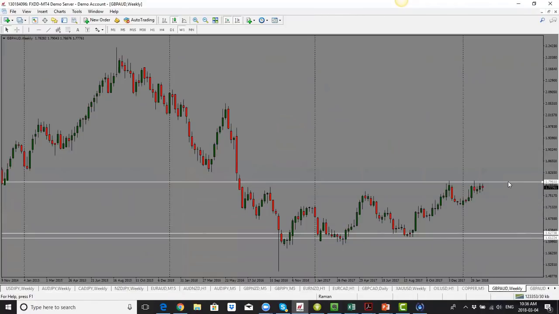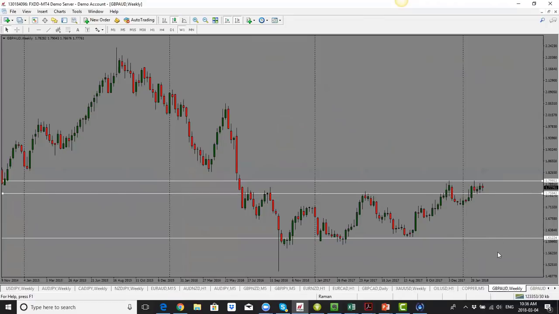Pound Aussie is holding in the middle. It is range bound at the moment. Hasn't really done much. We went into a double top here. It's just going sideways. At this point, it is range bound and it's smack in the middle of the range. The weekly candle closes very, very neutral. So neutral to slightly bearish. And this one, no clear direction.